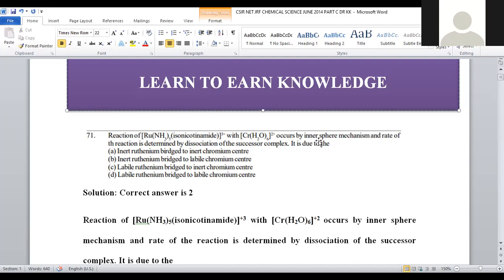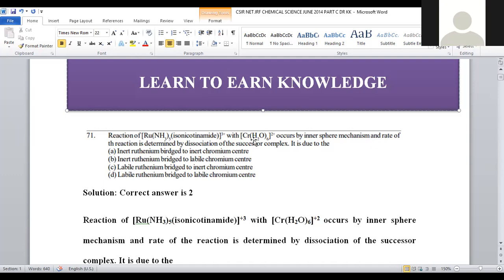What is meant by inner sphere mechanism? Electron transfer reactions are basically classified into two types: electron transfer through the outer sphere, and electron transfer through the inner sphere. Outer sphere denotes that two different compounds get added and two distinguishable products are formed, and electrons get transferred externally. In case of inner sphere mechanism, whenever both the components get added, the mechanism proceeds through one intermediate compound where bridging between the two reactants is possible. Electrons get transferred through the bridging ligand, so the mechanism is said to be inner sphere.